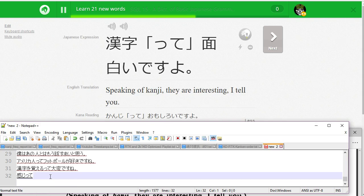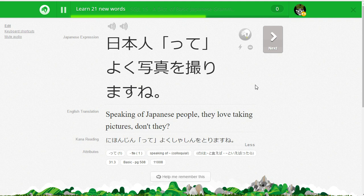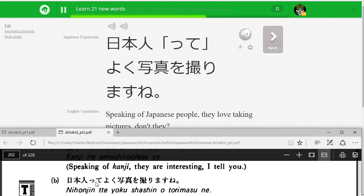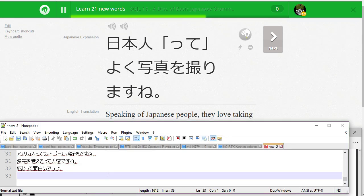漢字って面白いですよ。And I agree, it is. Personally, I think it is. 日本人ってよく写真を撮りますね。Okay? Yeah, that's right. 日本人ってよく写真を撮りますね。